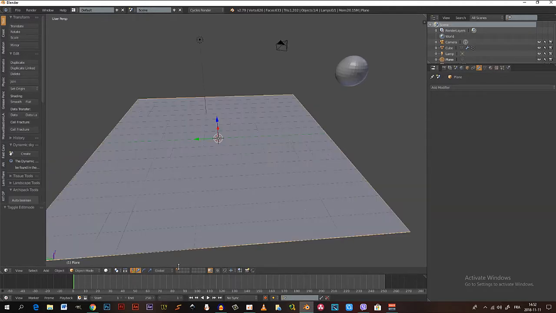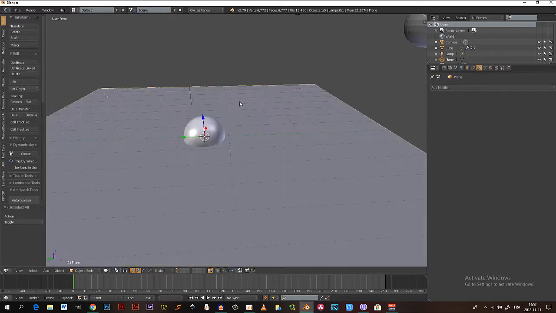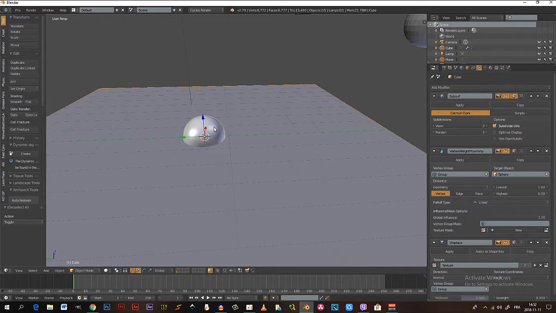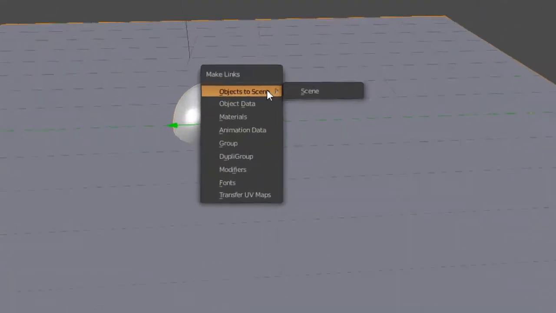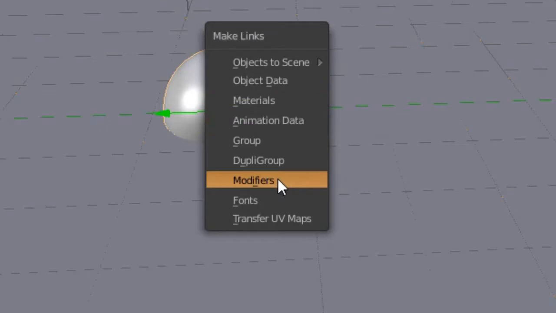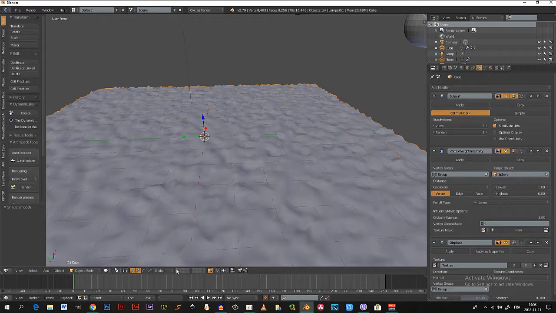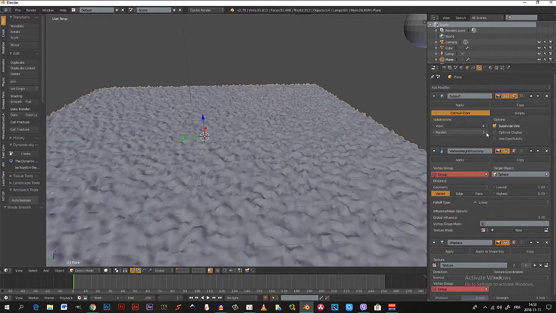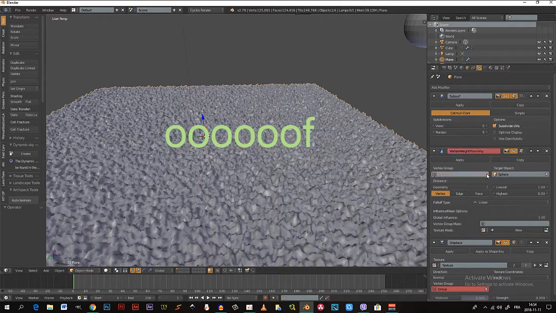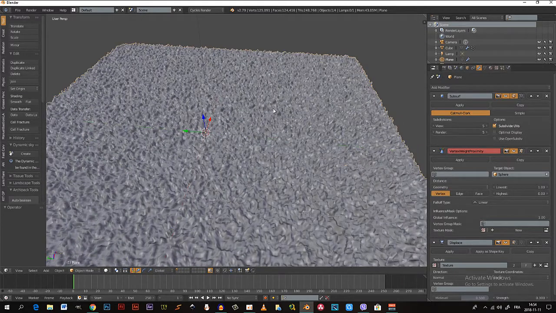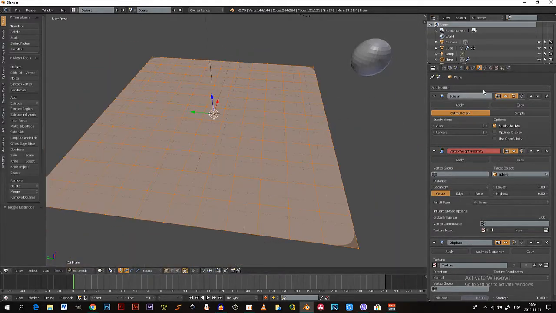With this layer selected, we press Shift and select the other layers that contain that cube, and with this plane selected, Shift and select the cube and Control L and copy the modifiers. And smooth. Select now the first layer and select this plane and go to subdivision surface. Maybe we increase it to 4 or 5, and we get rid of this vertex group because it belongs to the other geometry. Then select the plane and tab to edit mode and assign a vertex group,